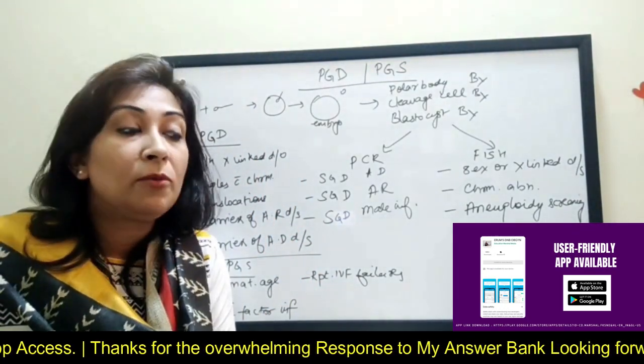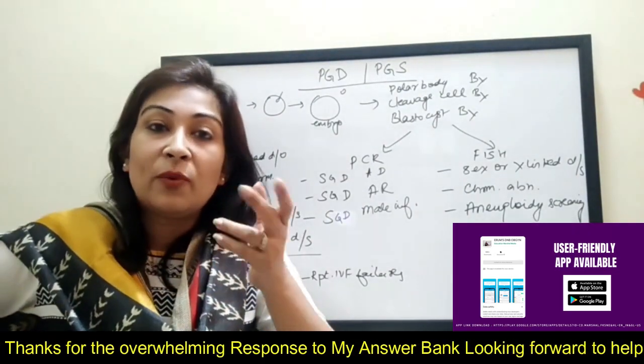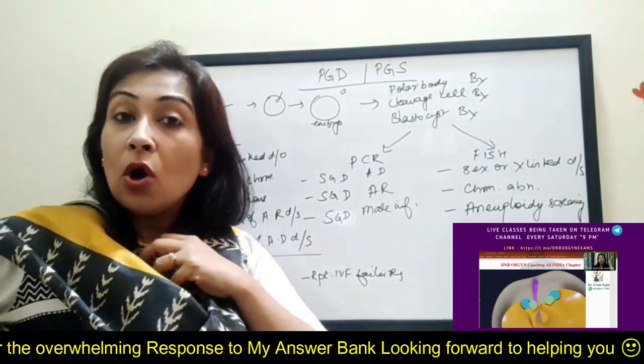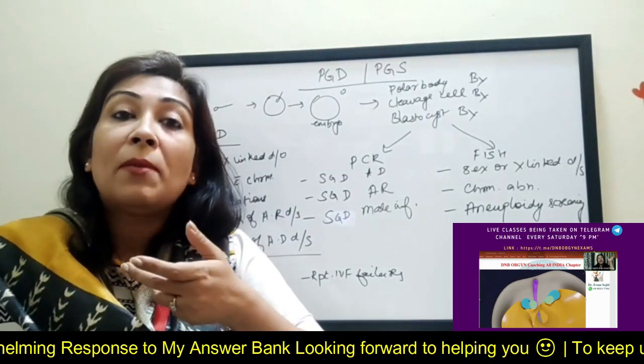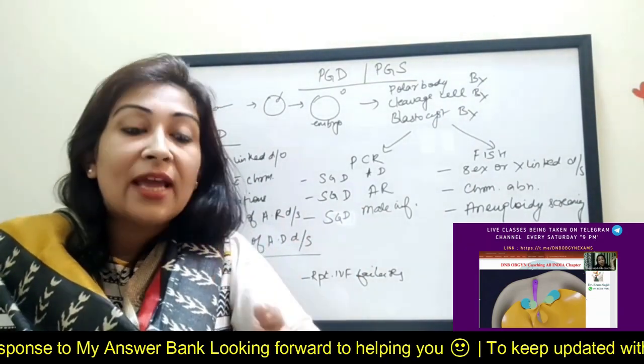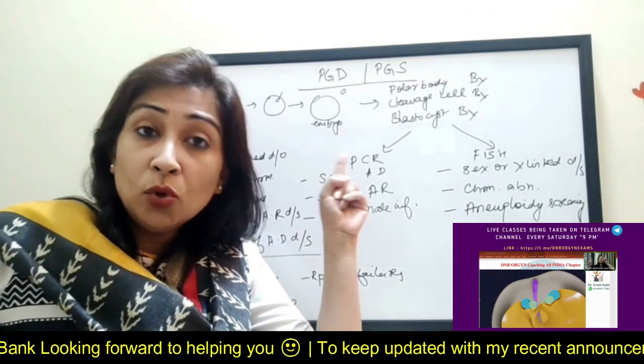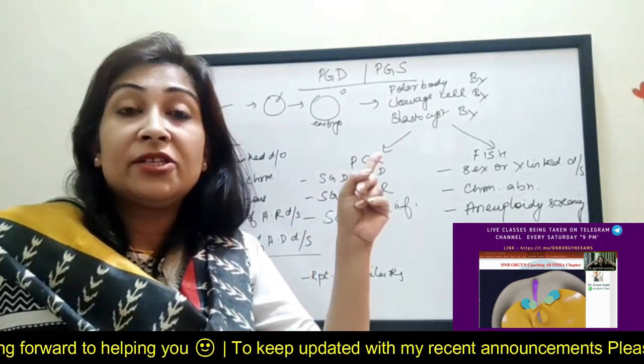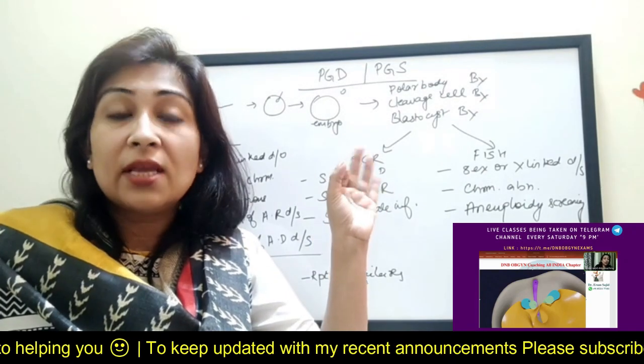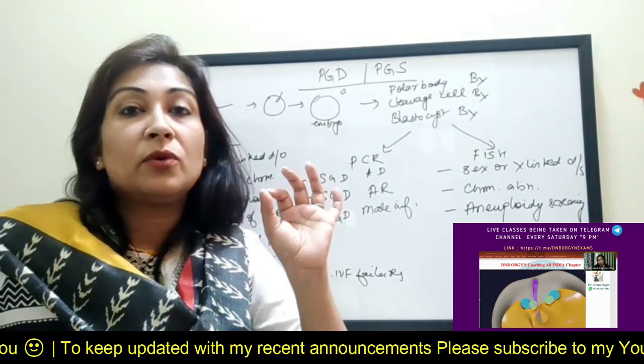There was a patient who came to me who had 2-3 abortions. Then she went in for testing, and she got a balanced translocation, and she was asking me, "Now ma'am, what to do? Every time I conceive, I abort. What to do now?" So her answer will be this: you go through IVF, you get a pre-implantation genetic diagnosis, and then if the embryo is okay, ask them to